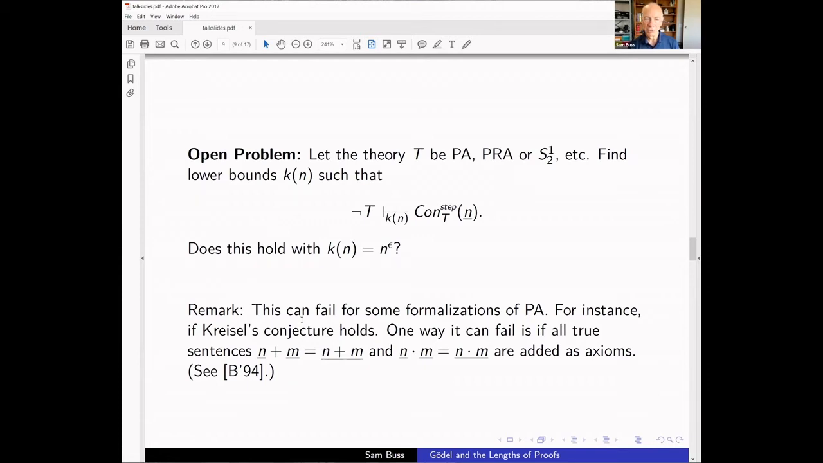For instance, does it hold with K of n equal n to the epsilon? This seems to be open, right? Maybe there are extremely short proofs in PA, in terms of their step length, of the step length consistency statements. And I should say this does have sensitivity to the way you formalize Peano arithmetic. So for instance, if Kreisel's conjecture holds, then